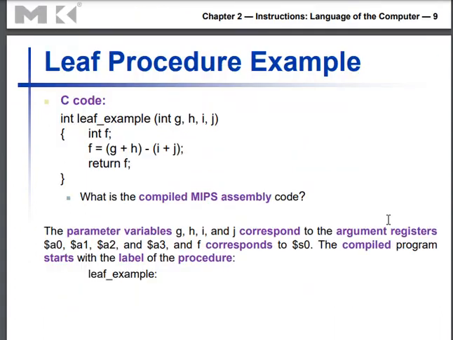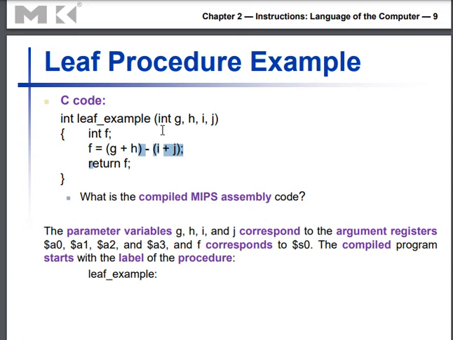Let's look into one simple example. Here is an example of a statement segment given in a high level language: an integer leaf example with integers g, h, i, j, and an integer f, and then there are some calculations and it returns a value.